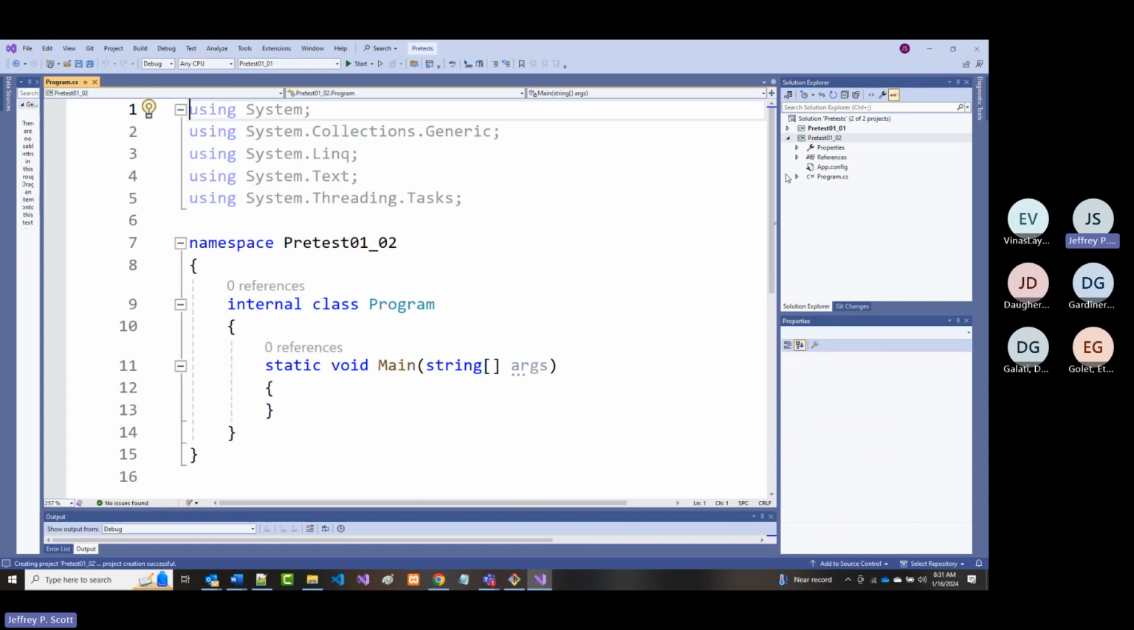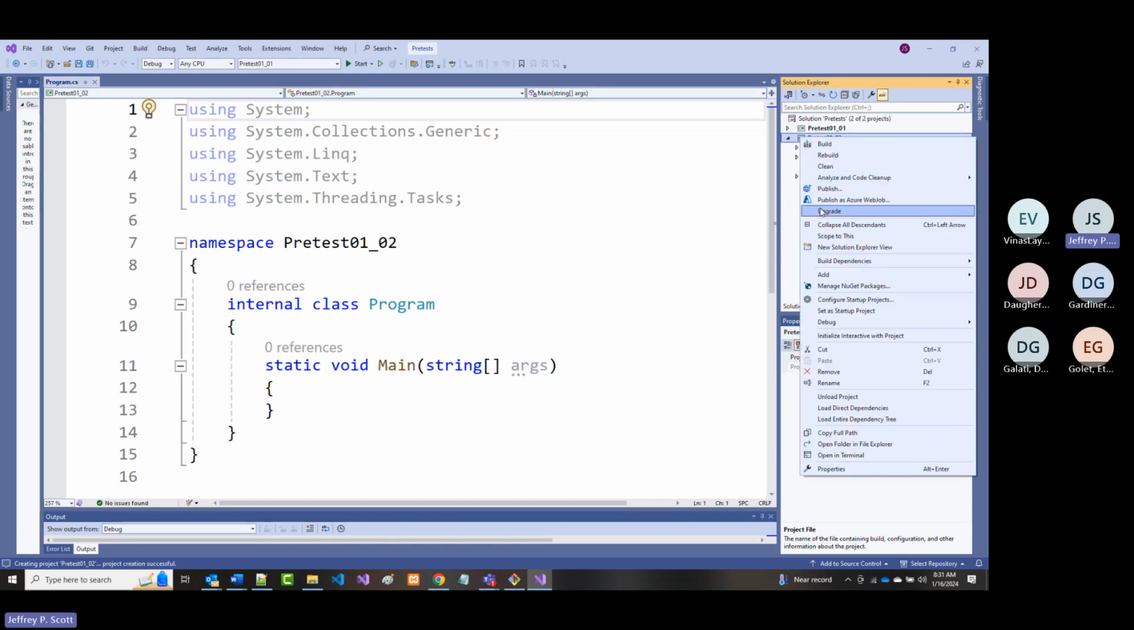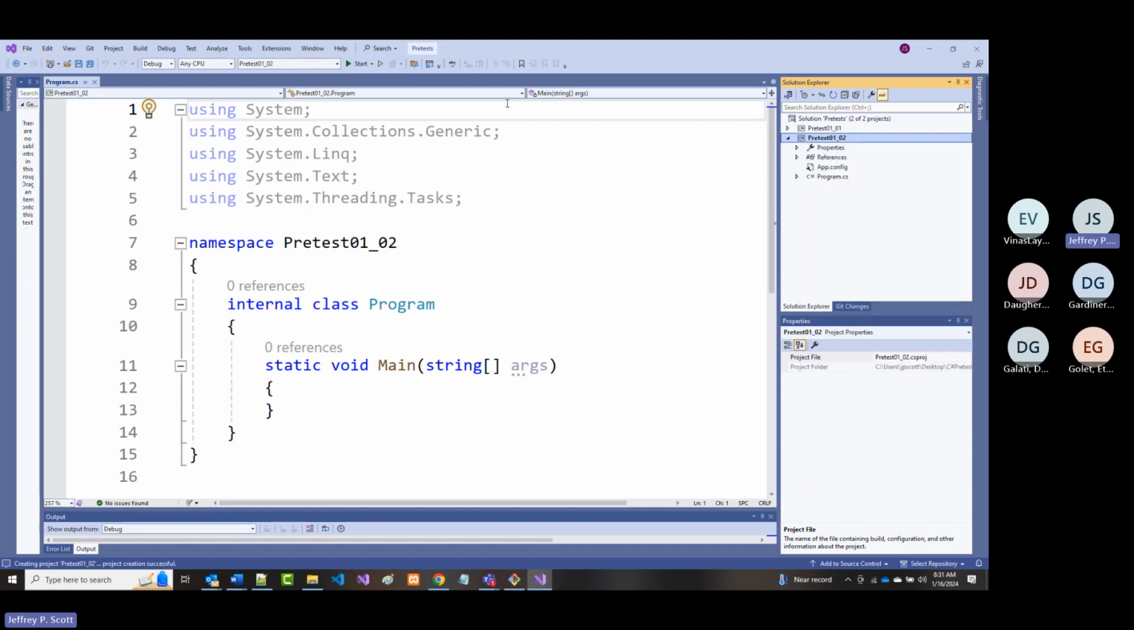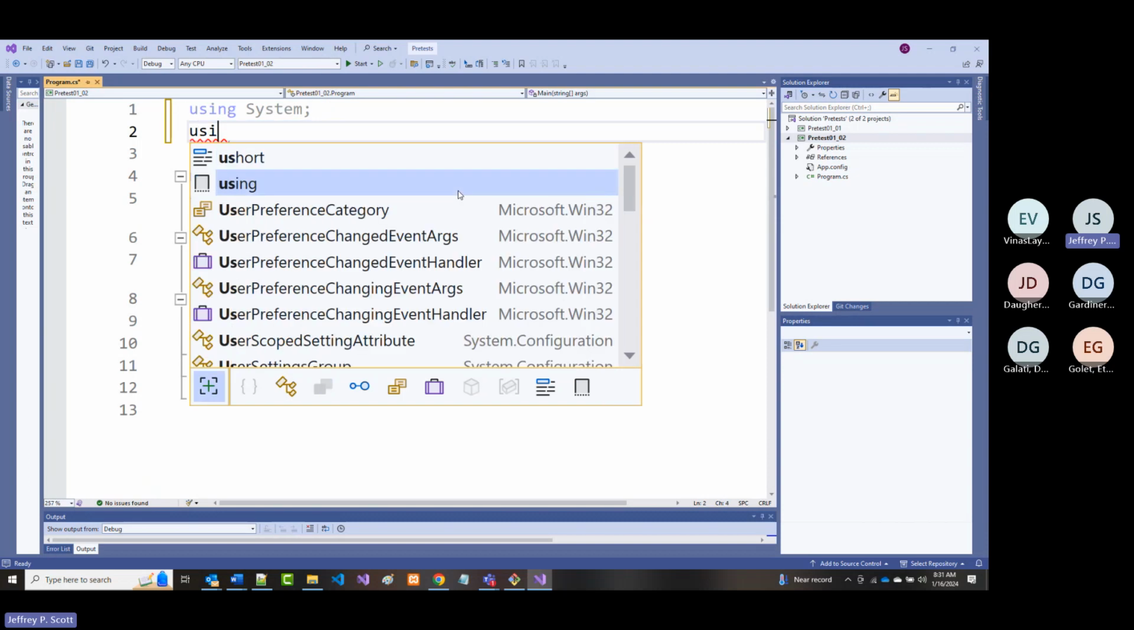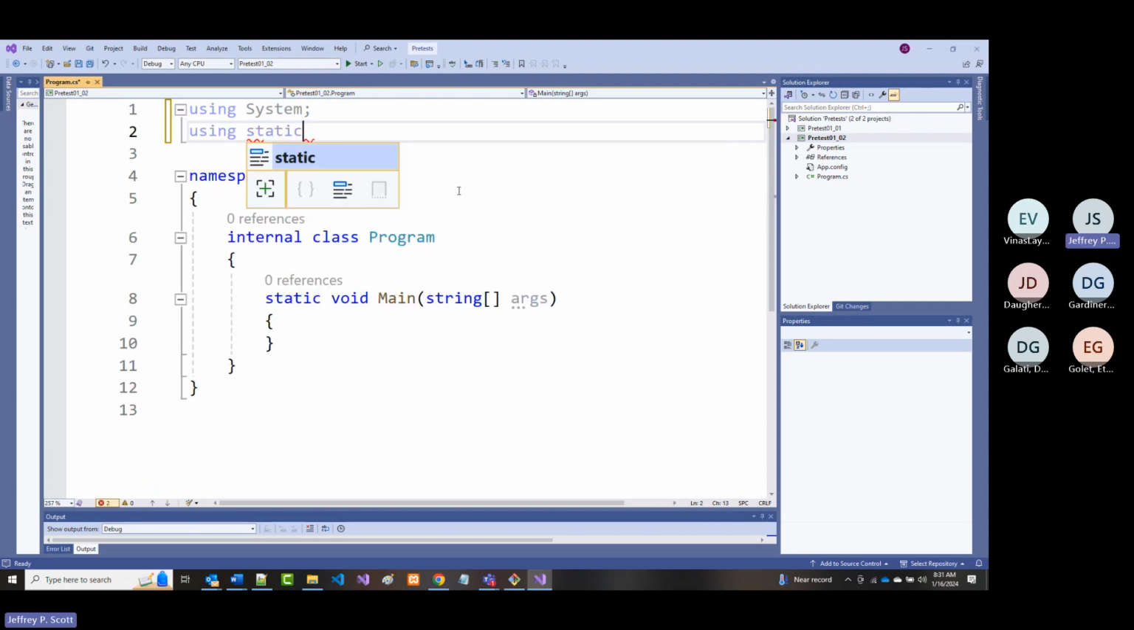First thing I'm going to do, because I usually forget to, is click on the project name, then right mouse click and choose set as startup project, which means that when it starts to run, that's the one. This is the project that I want to have run. All right. And I'm going to do the same thing I did before. I'm going to leave the using system and hit enter and put in using static